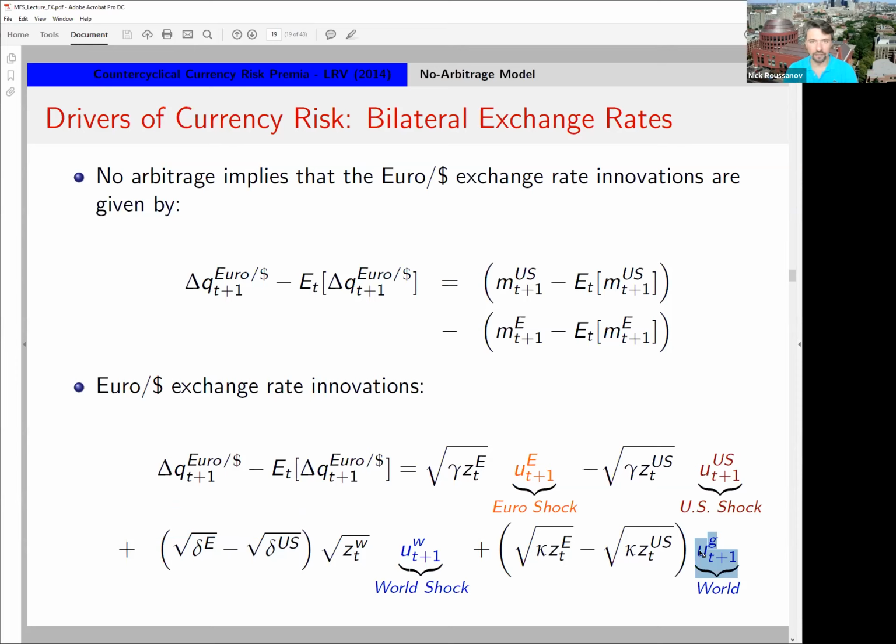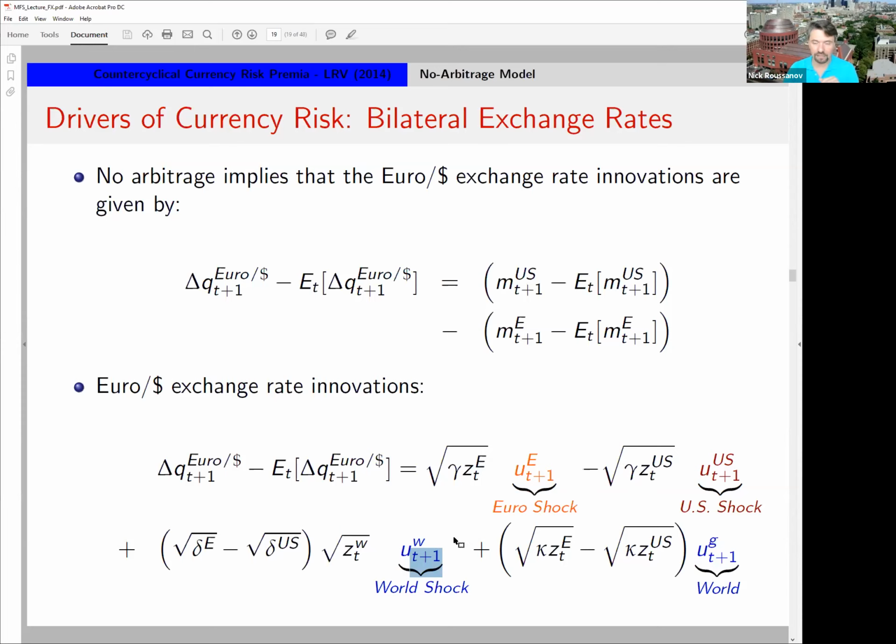And again, there are, of course, the currency or numeraire specific shocks as well, but as I said, they have to be fairly small quantitatively, and otherwise we're going to observe dramatically higher volatility of exchange rates than we actually do observe. So it has to be that the bulk of the variation comes from these global shocks, and it's precisely because even though there are large prices of risk associated with these shocks, most of the time they don't cancel out exactly, but they nearly cancel out. So the volatility of exchange rates is not too high.